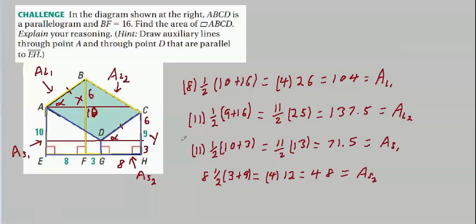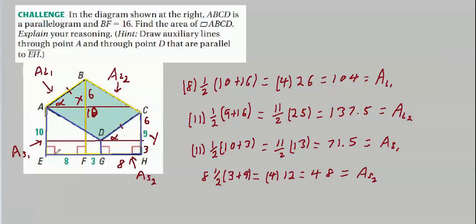Now we have to compute the two small areas, and I put them in blue. We've got A, D, G, E. I'm going to call that A sub S1, and C, D, G, H. I'll call that A sub S2. If we compute the areas of these two trapezoids and subtract them from the whole area we got, we should be left with the shaded area. Let's see what happens.